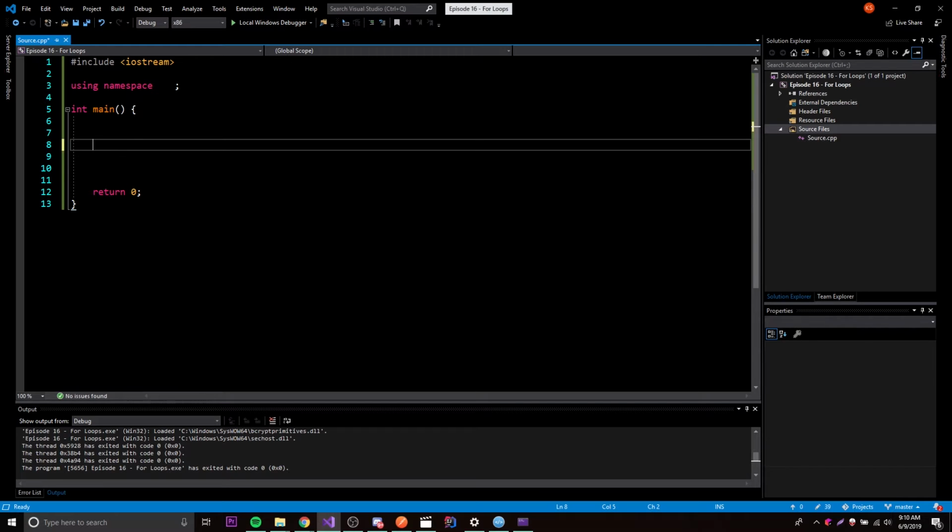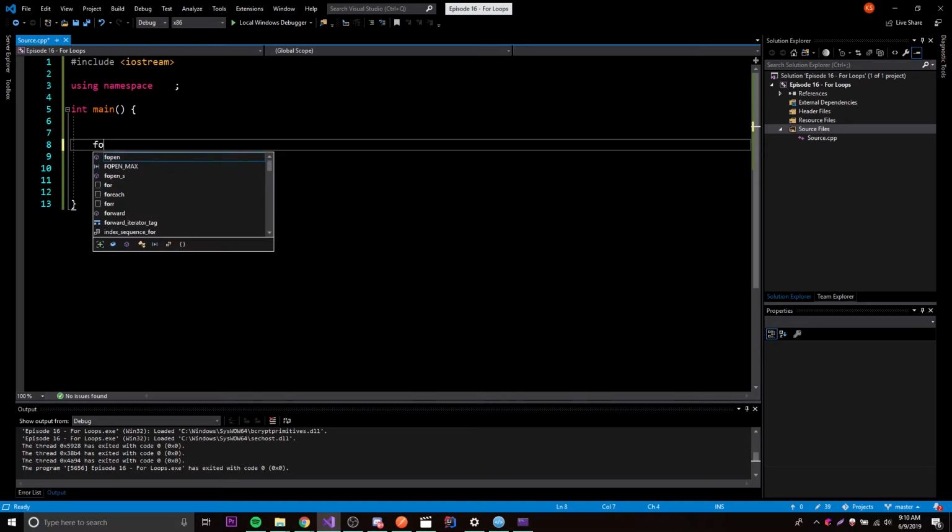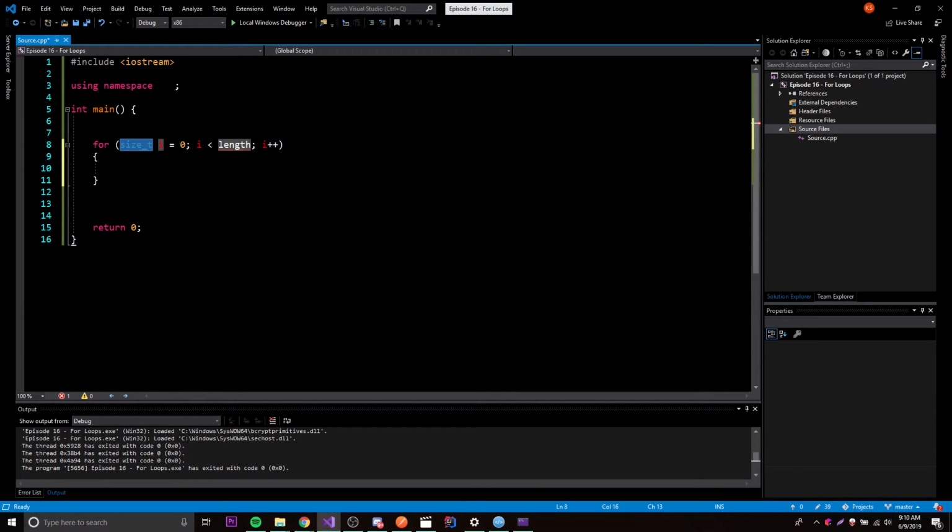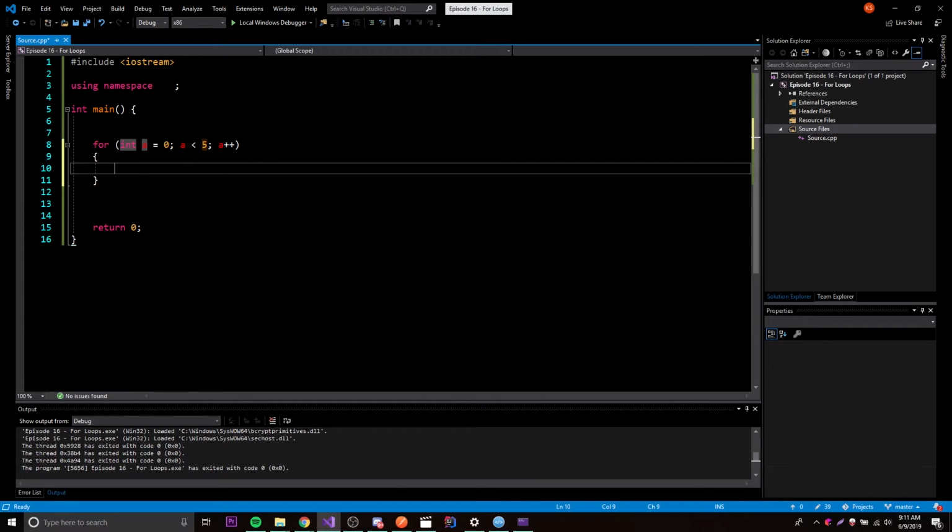which is basically just a for loop inside of a for loop, okay? So let me demonstrate how this would look. We can do int, and let's just give it a variable of a. Of course, it doesn't matter what the variable name is. Let's say a is less than 5, so it's going to loop 5 times, and let's have another for loop